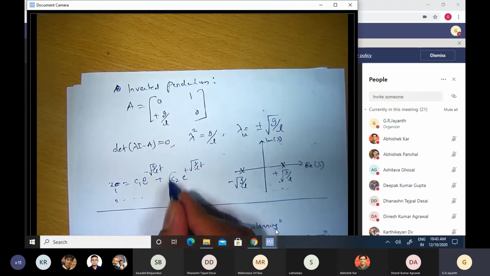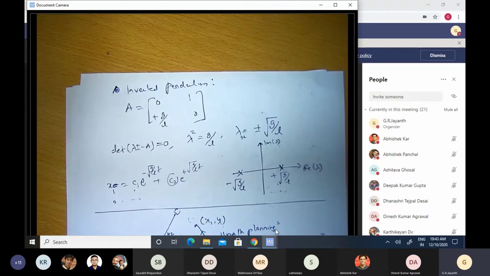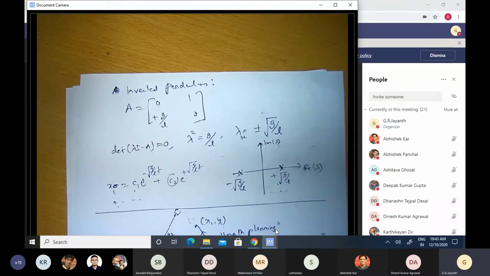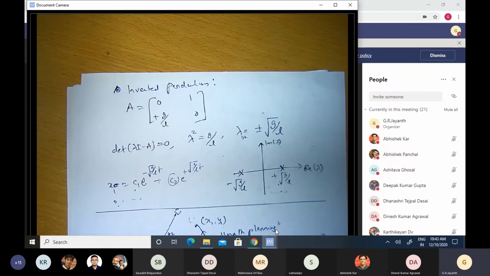Now you might say, well, if I set c2 to be equal to 0, then I will only have a decaying exponential. And then can I classify my system as a stable system? That's the kind of question you are having, is it not? Yes, the same thing would be true with x2 also. Exactly. Now, unfortunately, this boils down to a practical problem. How can you make c2 exactly equal to 0 in practice?